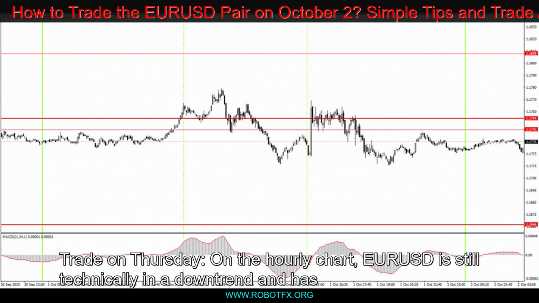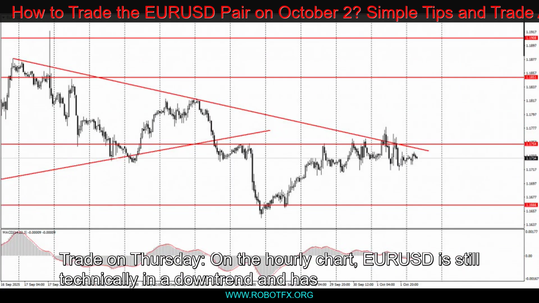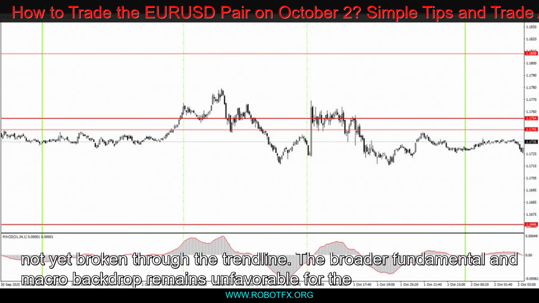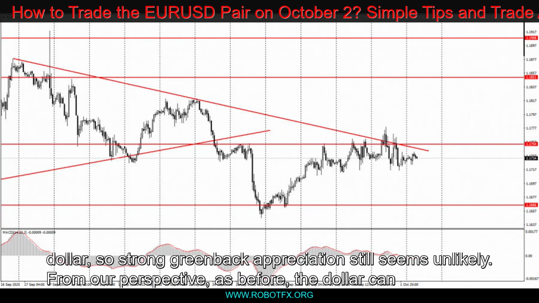How to trade on Thursday? On the hourly chart, USD is still technically in a downtrend and has not yet broken through the trend line. The broader fundamental and macro backdrop remains unfavorable for the dollar, so strong greenback appreciation still seems unlikely. From our perspective, as before, the dollar can only count on short-lived technical corrections, one of which appears to be